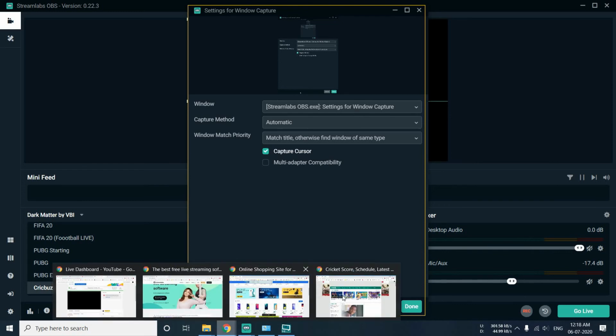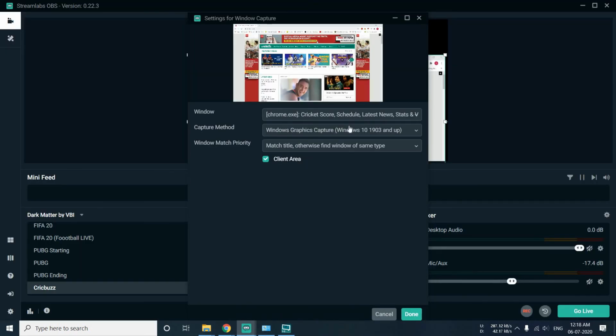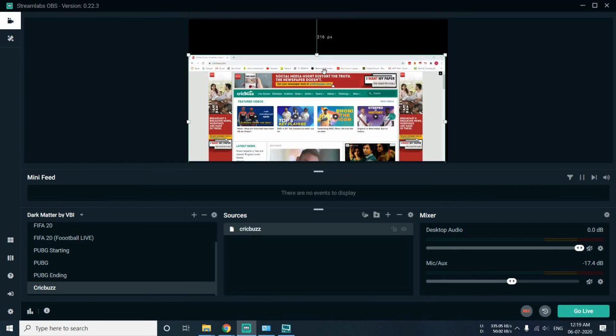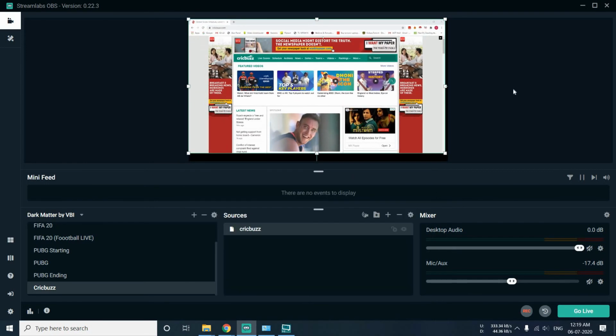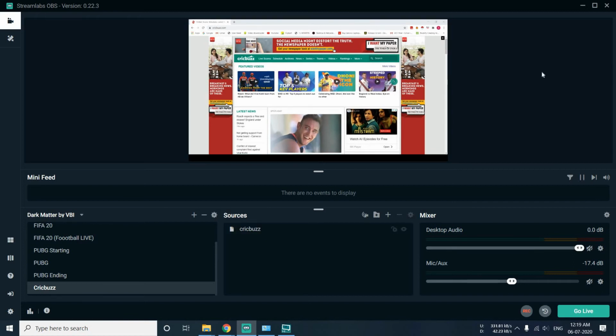You have to click here, not automatic. You have to change from automatic to Windows graphics capture, and then press done. So you can see that it's live as well. Yeah, it's not live actually. The window is getting captured.